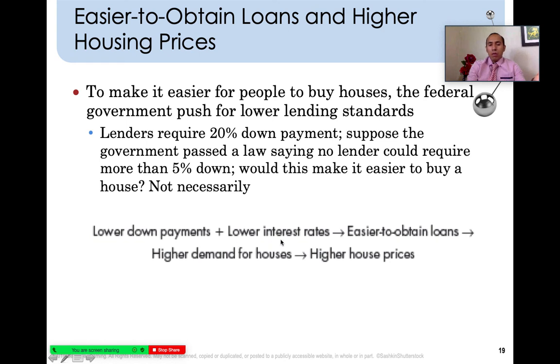may have lower interest rates. Sometimes you may have teaser rates where your interest rate increases. It's low at the beginning and then increases after a certain point, and it makes it easier for families to obtain loans, and that increases the demand for housing. And with a higher demand for housing, a higher consumer clientele, the real estate agents are loving it because they have certain benefits from selling the houses, and that leads to a higher demand for houses and a higher price of homes. The higher price of homes